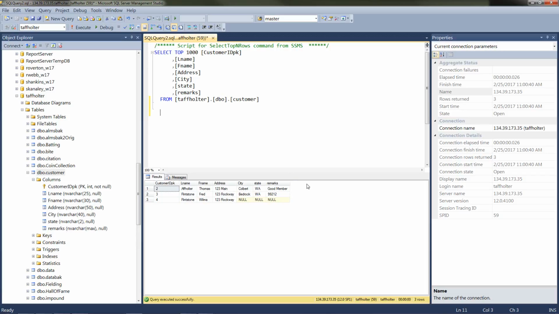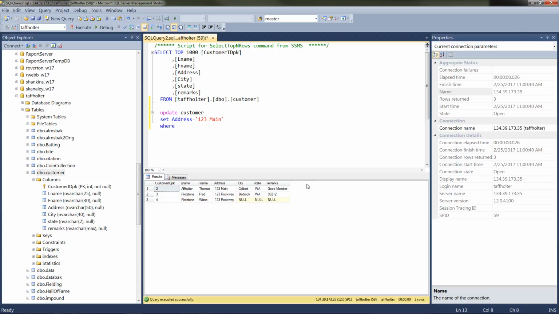So in order to do that, I'm going to say update the table name that I want to update, and I'm doing this below my select statement now, and I'm only going to highlight the update statement. So I'm updating here the customer table, so update customer. Now the next thing I want to do is I want to use the keyword set, and I'm going to set now address equal to 123 Main,